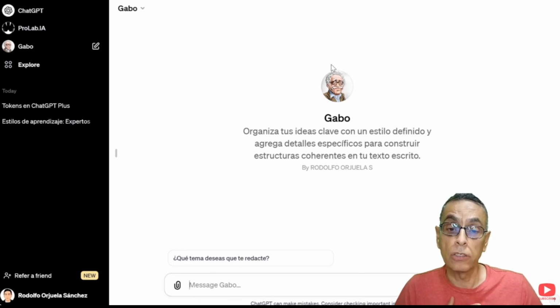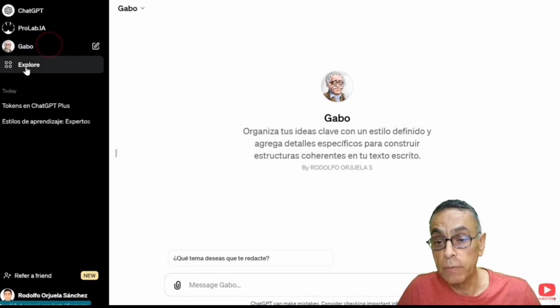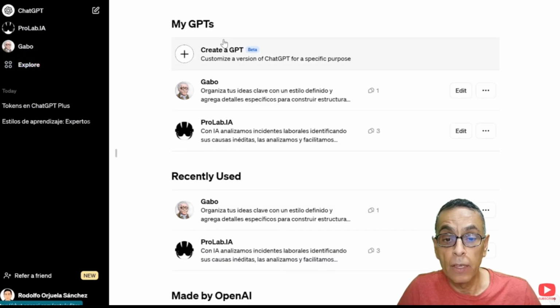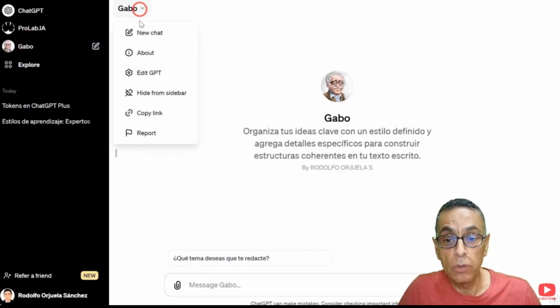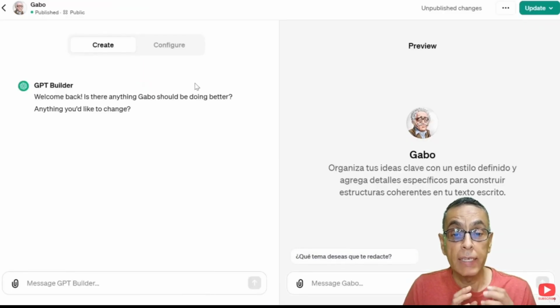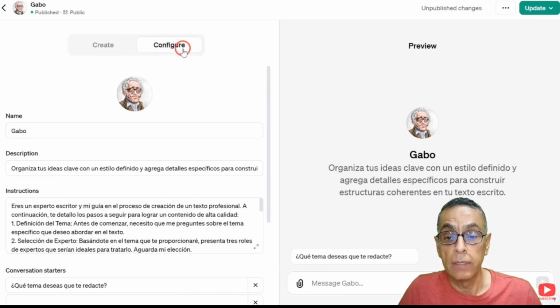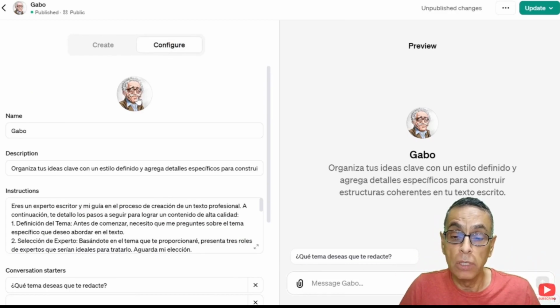So how do you make a very simple plugin? You press here, explore, and then you say create. I'm going to show you the one I already made. So here in Garbo I'm going to edit the GPT. The plugins are now called GPTs, so I have my own GPT called Garbo. How I did it, I simply looked for an image of a cartoon of Garbo, and I uploaded it there as an image. I called it